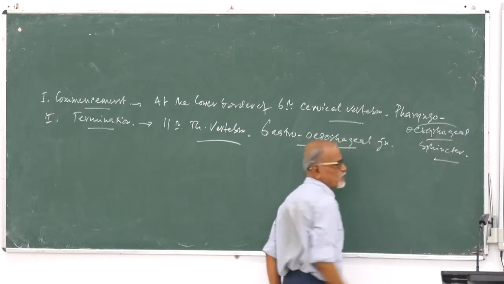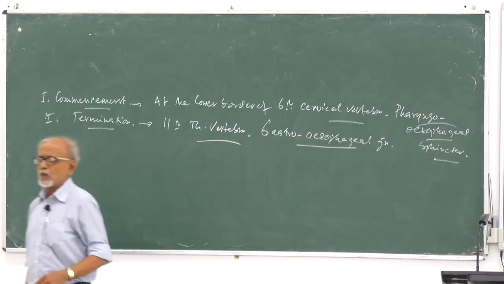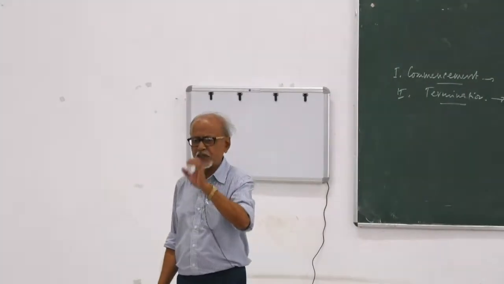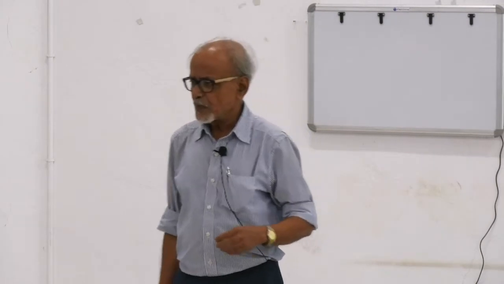Obviously, at the site of the pharyngo-esophageal sphincter, the lumen will be narrowed. The lumen of the GI tract there, pharynx যেখানে esophagus এ শেষ হচ্ছে, will be narrow because of the presence of the sphincter. ঠিক আছে,